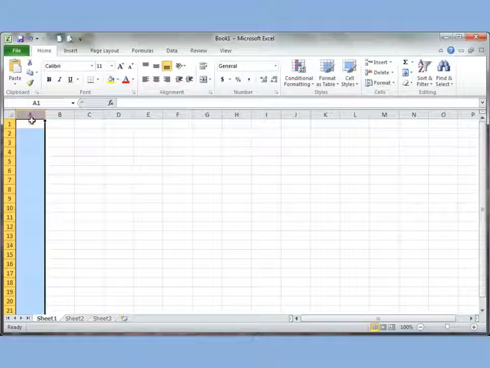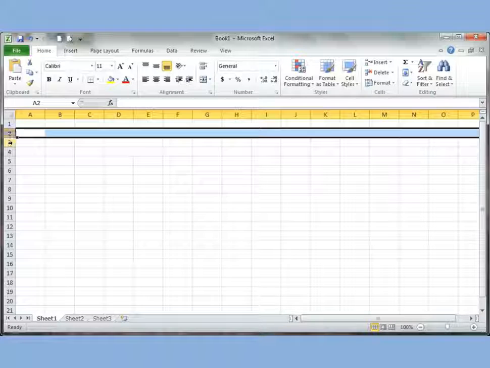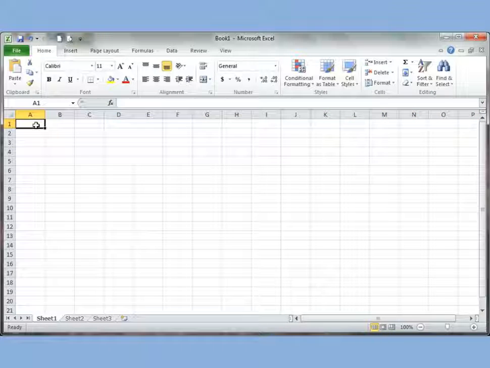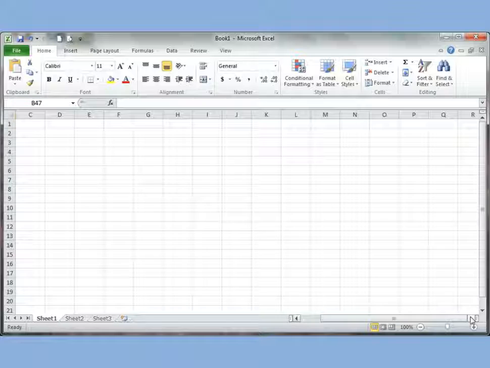And these are columns, and these are rows. The rows can go all the way down to like 100,000 something, and it keeps going down, and you can even go across. It goes A, B, C, D all the way up to Z, and then further on. You can use the down arrows to go down. Now you see I'm on row 49. I can even use this to go back up, and there is the going across button on the corner. In Excel, you can have many different